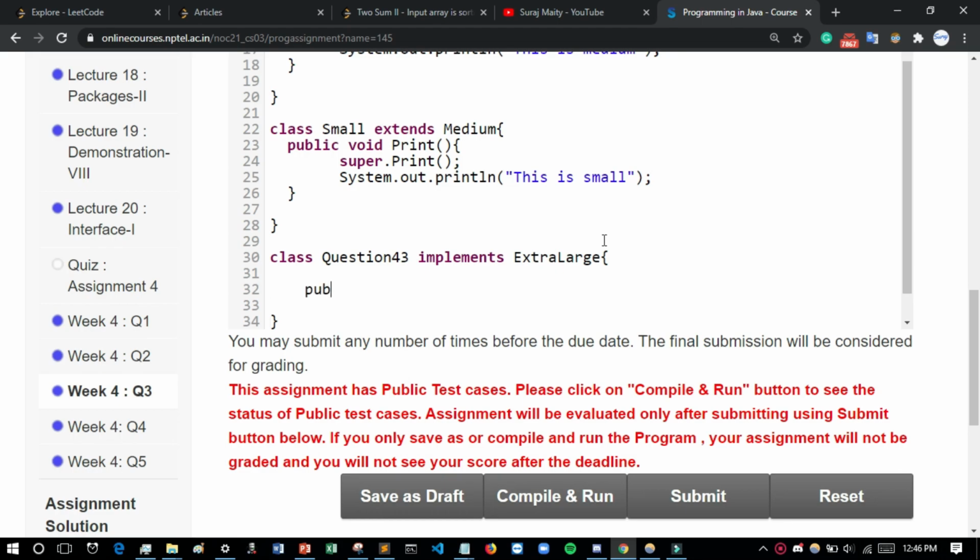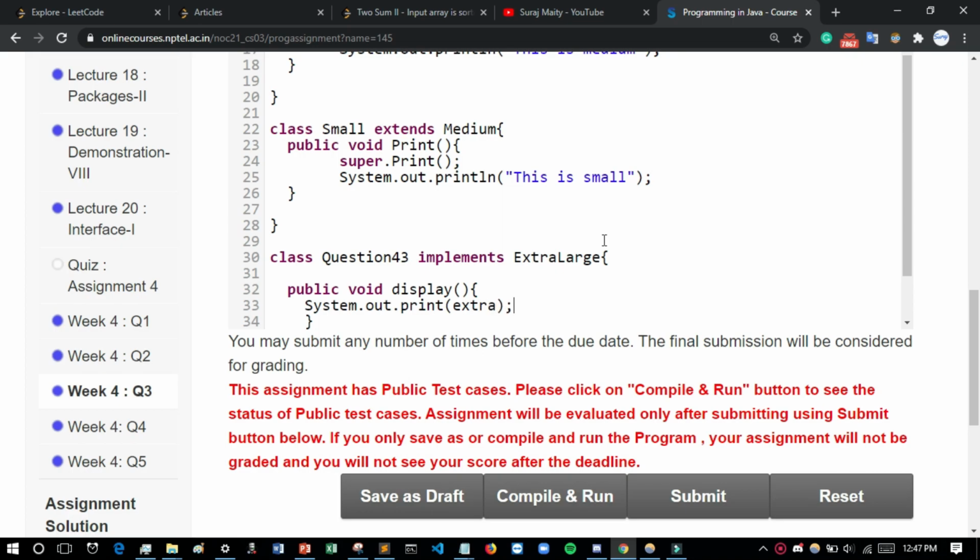Now we have to use the display function. In the display we have to print it, System.out.print is extra.